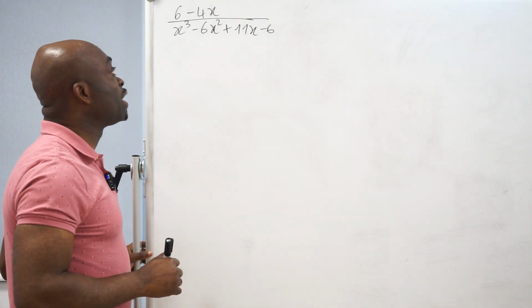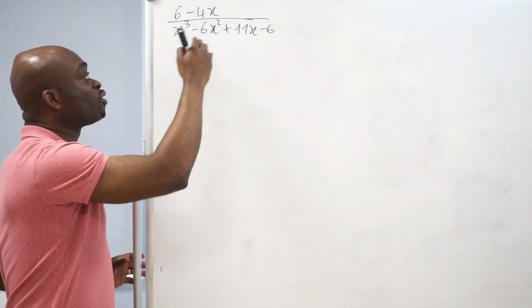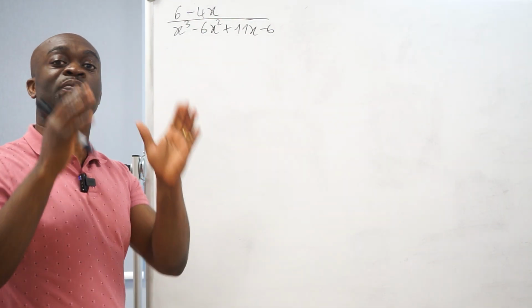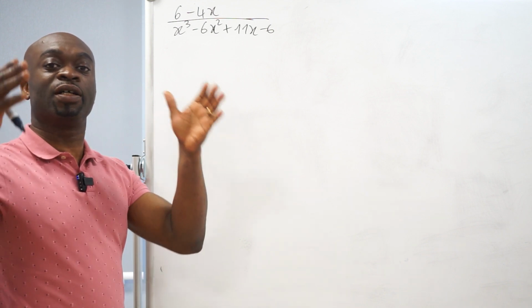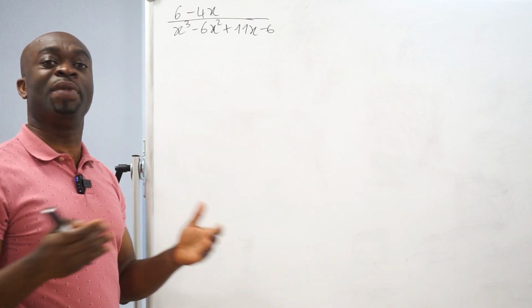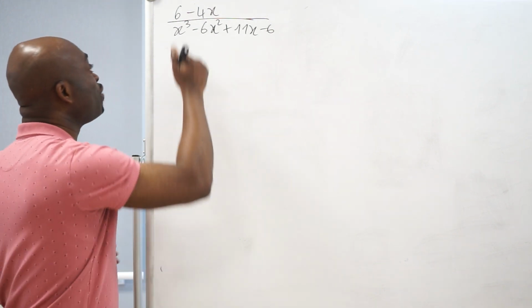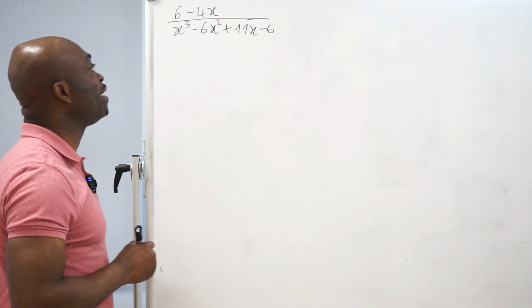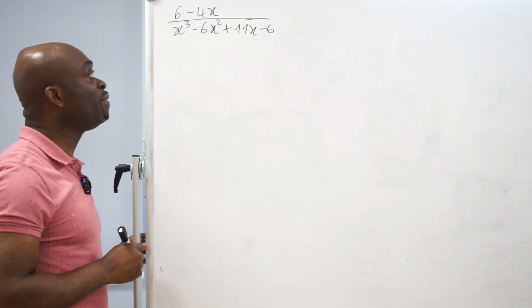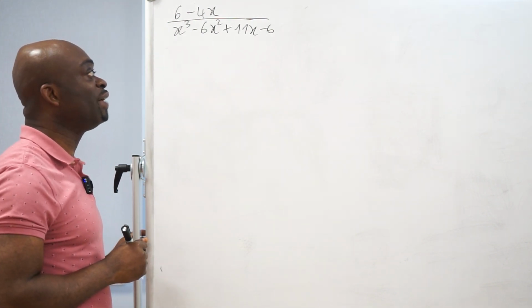Guys, partial fraction decomposition here. We have this rational function here that we're trying to split into different fractions, okay? Just to make it easy to work with. So we have (6 minus 4x) divided by (x to the power 3 minus 6x squared plus 11x